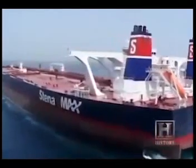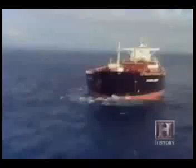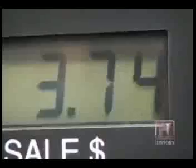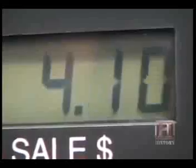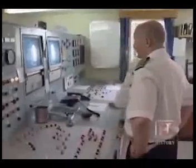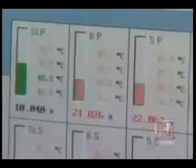In terms of energy per ton-mile of the goods transported, we're moving it at a cost of about 2 cents per gallon. So at the gas pump, the actual price we're paying for gasoline has about 2 cents for having transported the oil. At a port in the Pacific Northwest, the Suezmax tanker British Harrier is in the process of offloading cargo